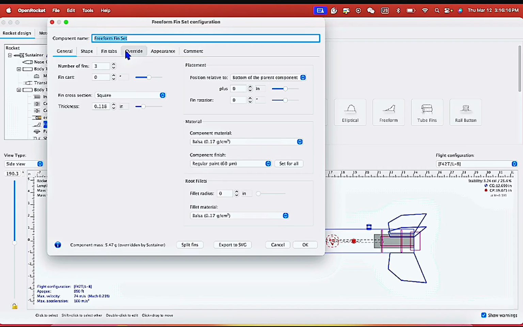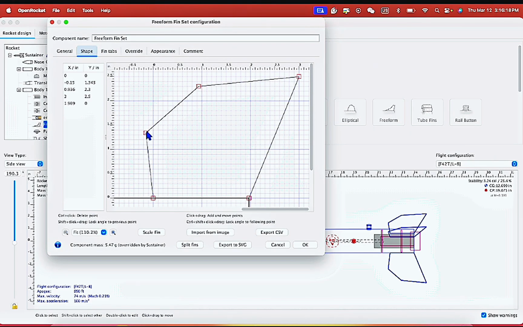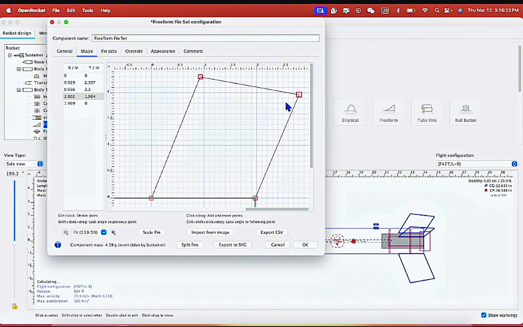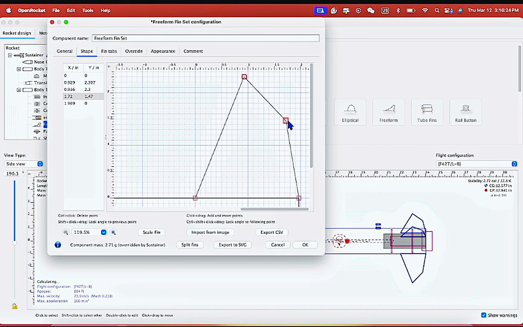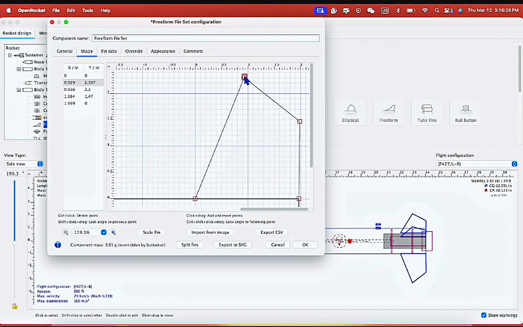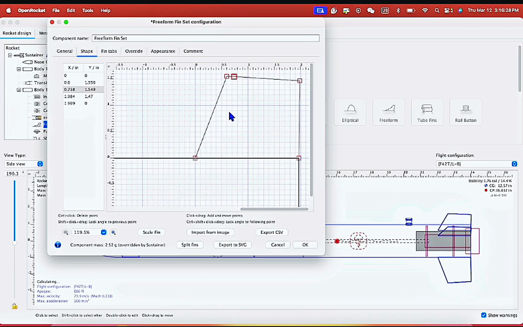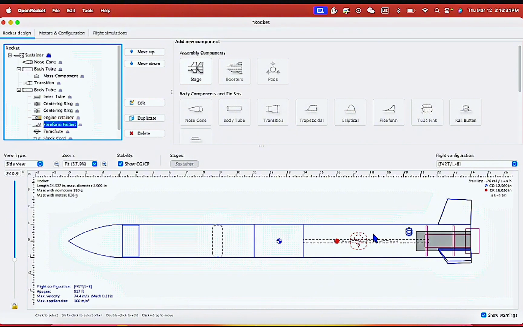This fin is getting a pretty average design. 1.76, pretty good. See, it goes 917 feet. I wouldn't say that is too accurate, but